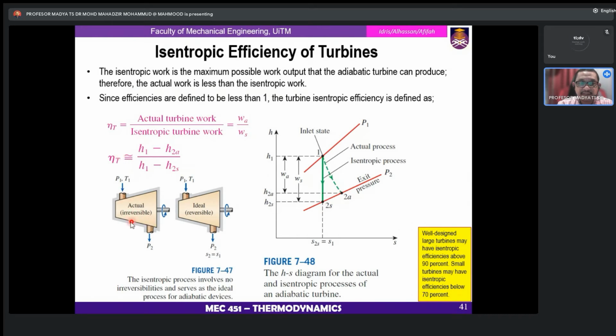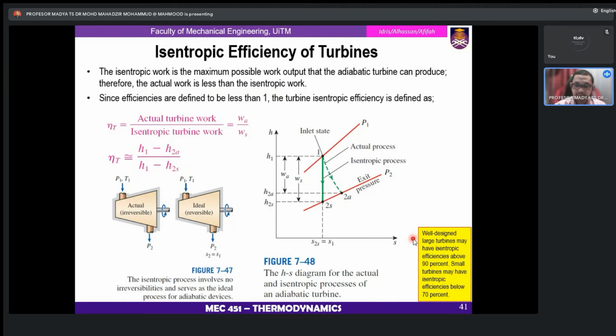Okay, for the actual process, it is irreversible. What you learned last in part 2: remember when we talk about ideal, it is a reversible process. So this is a picture of the isentropic process, which involves no irreversibilities and serves as the ideal process for an adiabatic process. This is also the HS diagram for the actual and isentropic processes for an adiabatic